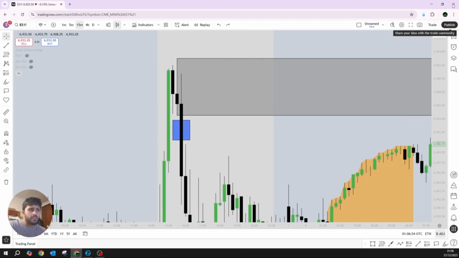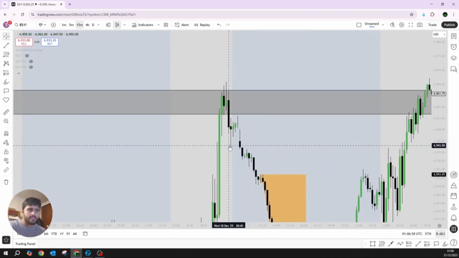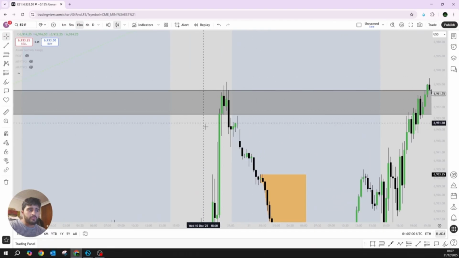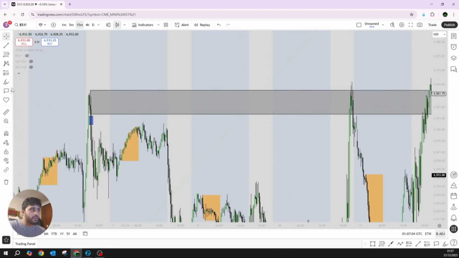Now, why do I use the order block, right? The reason I do that is because I found from my data, from my testing, that a lot of the big moves, a lot of the start of the big moves happen inside of this region, right? So in other words, what you're looking for is you want to see price